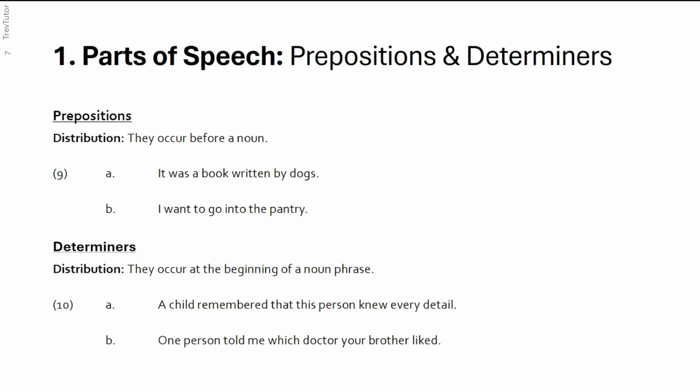Now we have prepositions, and these are starting to be closed class categories, which means that these are not categories where we freely add new words. These are pretty set in stone based on the grammar. So the fun thing about prepositions is that really, if we want to talk about their distribution, they just introduce nouns or noun phrases. So, "It was a book written by dogs." What "by" is doing is it's introducing a noun, which is "dogs," and it's giving some relation to the rest of the sentence. There are so many different relations for prepositions that it's hard to give a nice description